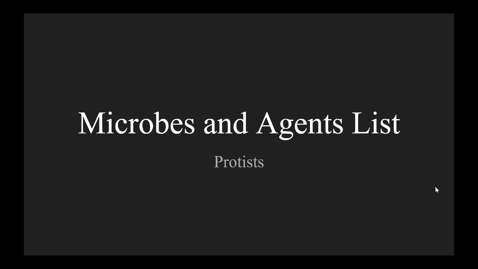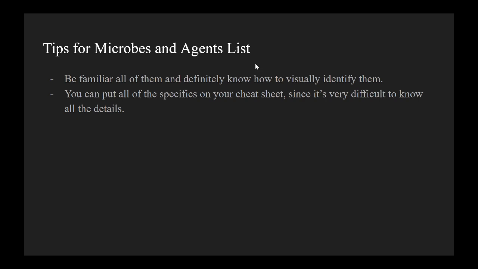Alright guys, today we're going to talk about the protists on the microbes and agents list on the Micromission rules. So we're just going to go over the life cycles and the various functions of the specific species on the list. So, general tip for the microbes and agents list: definitely be familiar with all of them and know how to visually identify them. So if they show you a picture, you should be able to tell them which organism